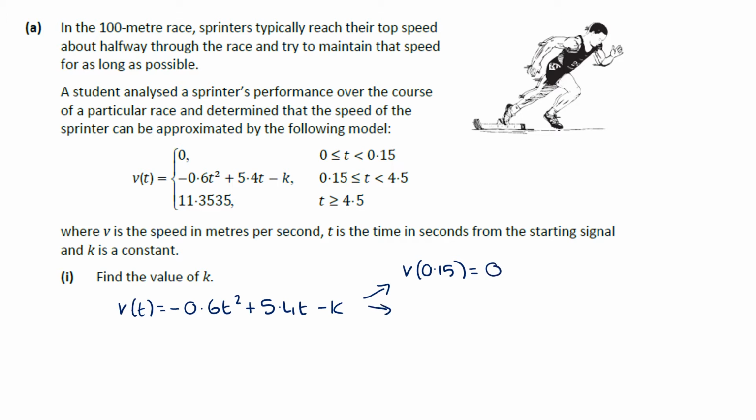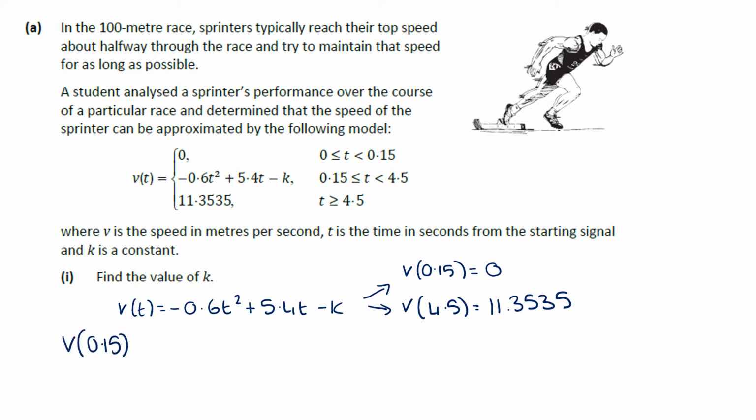The second way you could do this is when you sub in time as 4.5, it should equal the speed of the third section, which is 11.3535. So it's completely up to you which way you want to work. It doesn't really matter. Both should give us the same answer. Let's go for